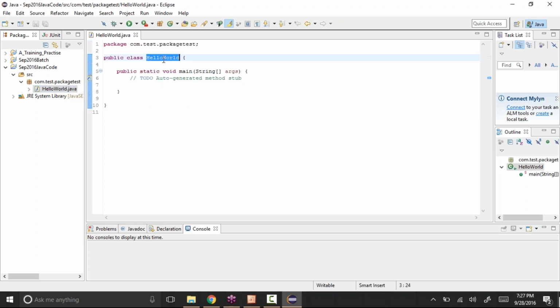The name of the class should be the same as the file name that you provide. Here I gave hello world.java. In case I change the class name to hello world 123, it gives you an error. So for sure, whatever the name of the file is, you need to create a class with that name itself, otherwise it's going to throw an error.